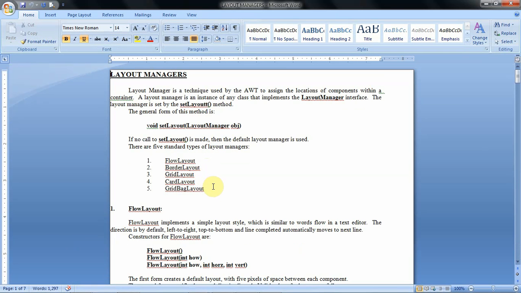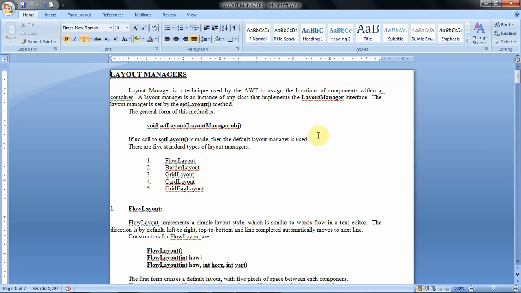So now we will discuss one more important concept, that is layout managers. Layout manager is a technique used by the AWT to arrange the components and the containers in some manner.